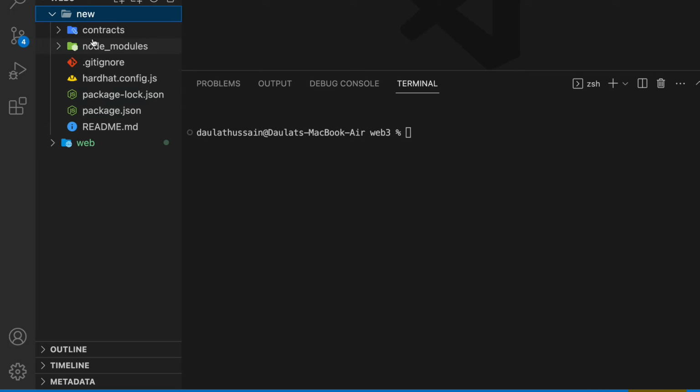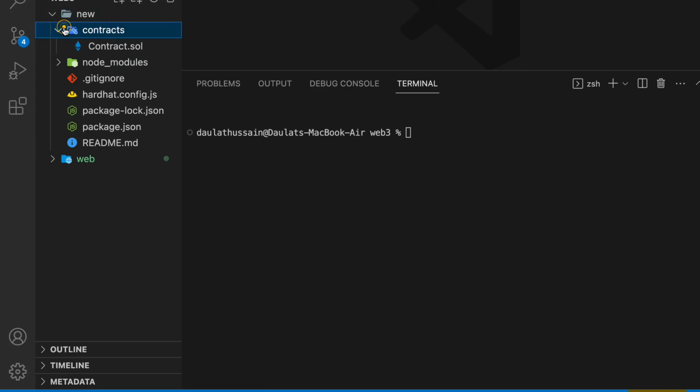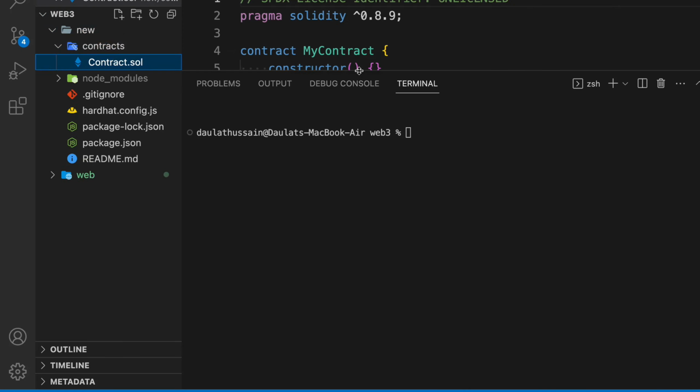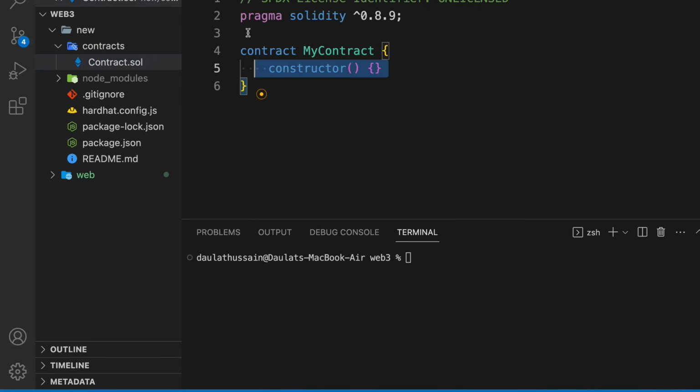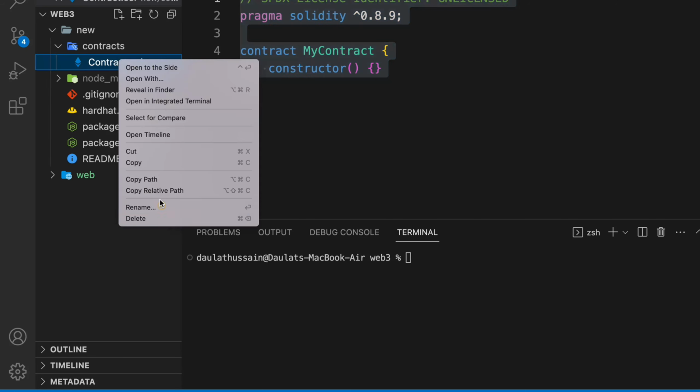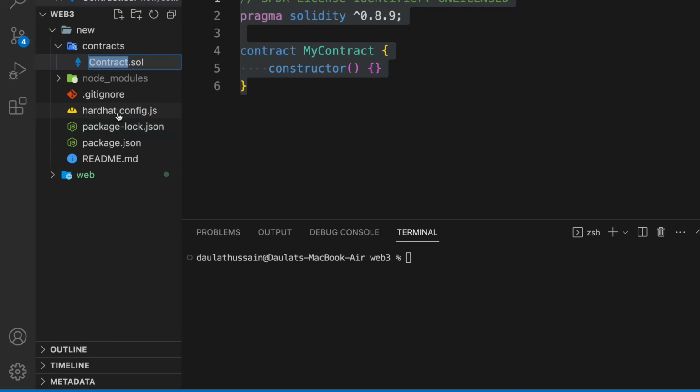This is the first folder you will have, contracts. If you open that, in that you will have the contract. So we have defined the empty contract. This is the contract we have. Now I'm going to rename this. Because I'm building a project, this is the contract name, and this is the contract we are building,